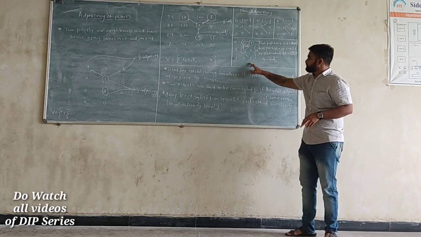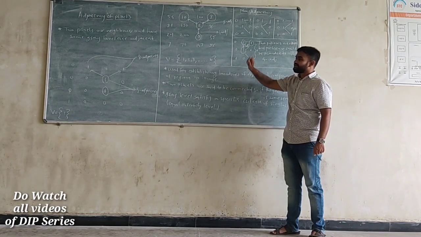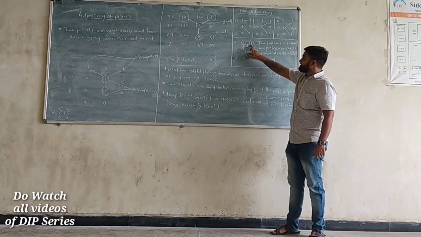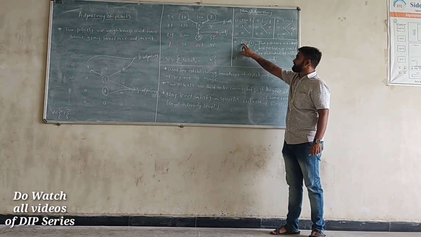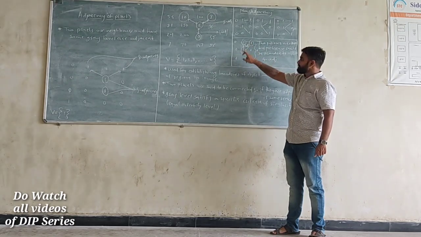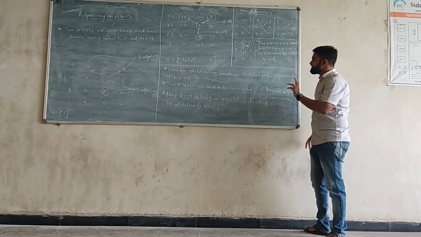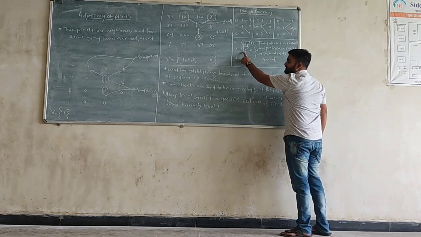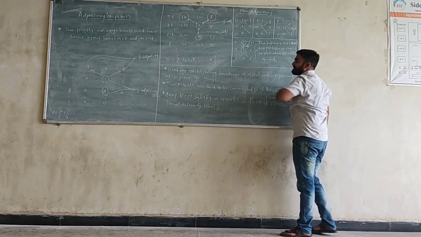So the output image is what is solved here. We can connect this pixel and this pixel by using 4 adjacency, this pixel and this pixel by using 8 adjacency, or this pixel and this pixel by using 4 adjacency and 4 adjacency. Similarly, this diagonal element by using 8 adjacency. So here we have a single option, that is this pixel is adjacent with this by using 8 adjacency.